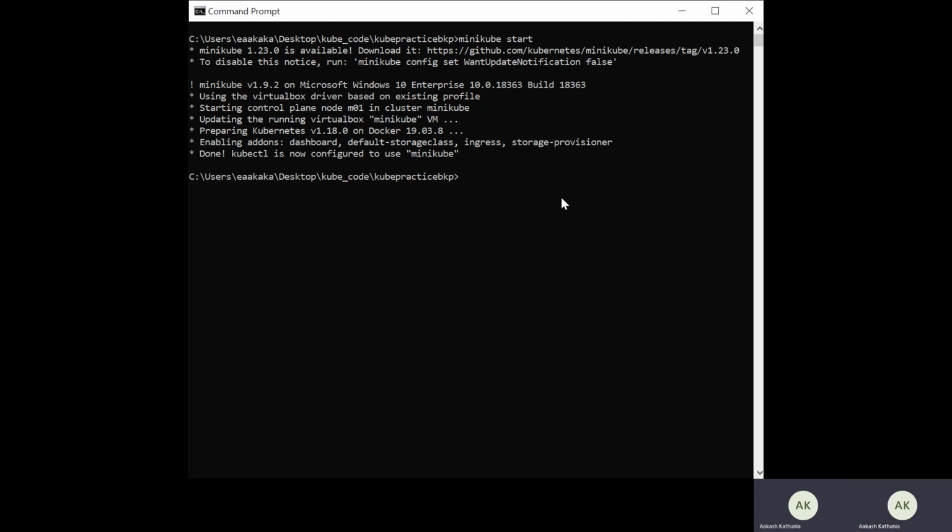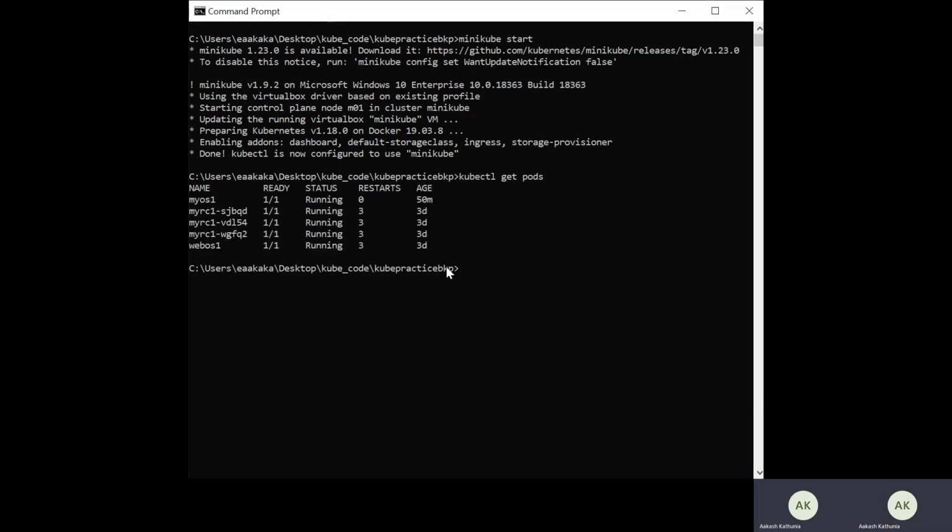To proceed further, let me check what practical demo was done yesterday. So let me see the pods. With kubectl get pods, you will see that we created this replica set, replication controller, and the images.